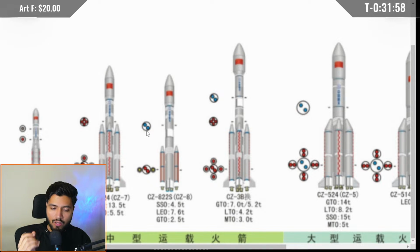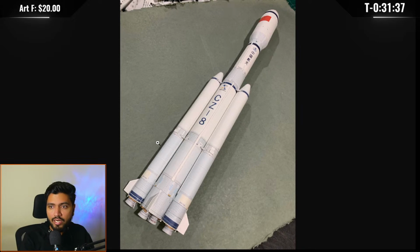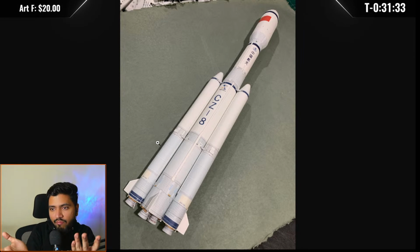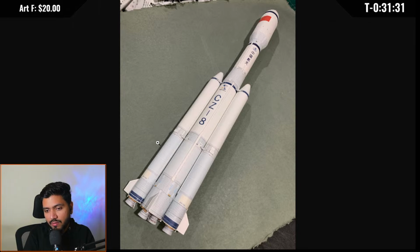This is not an RP-1/LOX engine, but a hydrolox engine, which makes sense, to be honest, because a hydrolox engine has a very high ISP, which really helps when it comes to upper stages. So that is there. Okay, so this is the rocket, and it is going to be a reusable rocket. But before that, I found one image of this rocket